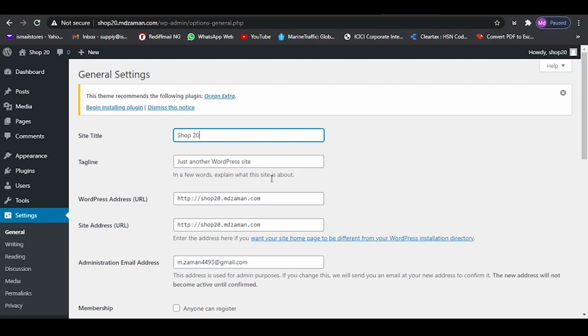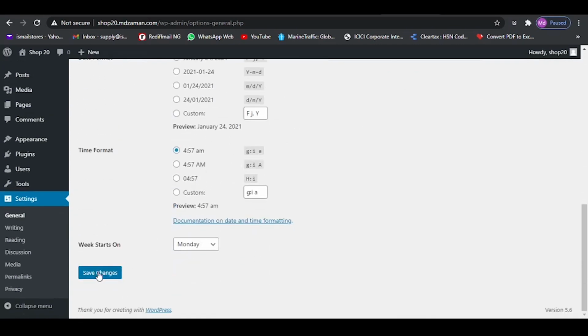The next thing we have is tagline. You can add a tagline to your business. I'm going to add shop here. And the very next thing we have over here is URL. And if you remember correctly, we have already installed our SSL certificate. So all I'm going to do is add an S after HTTP. S stands for secure. And because of this, when we are going to click on save changes, we'll be logged